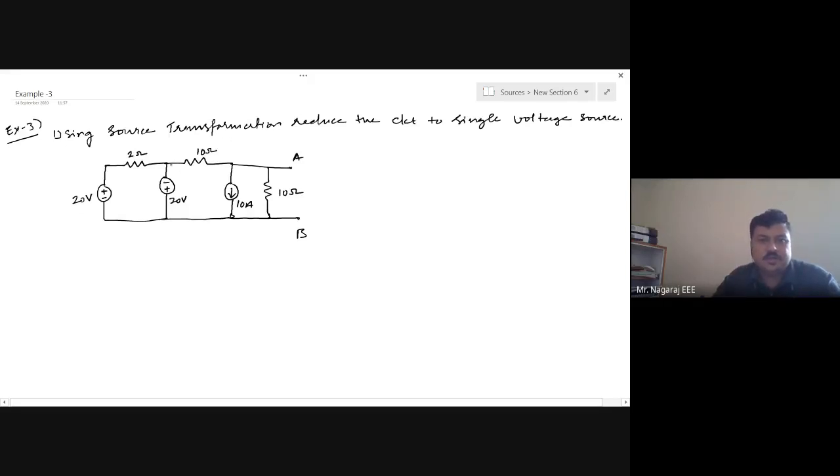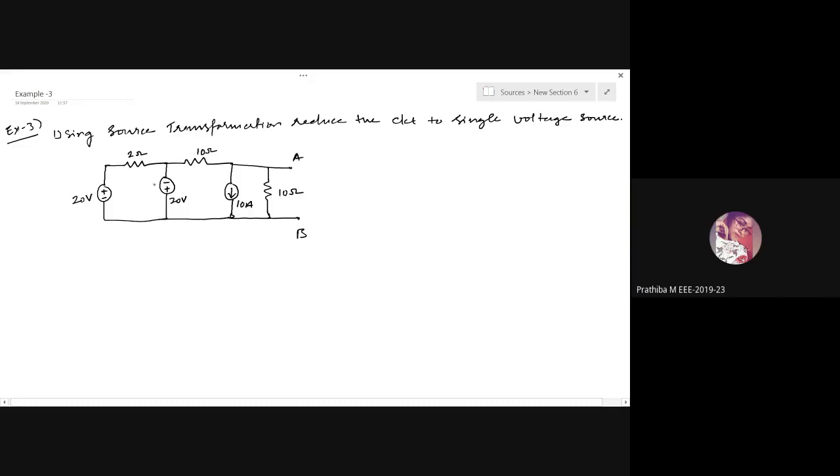There is a redundant loop. Can you find which is that? Ten ohm resistor connected with...